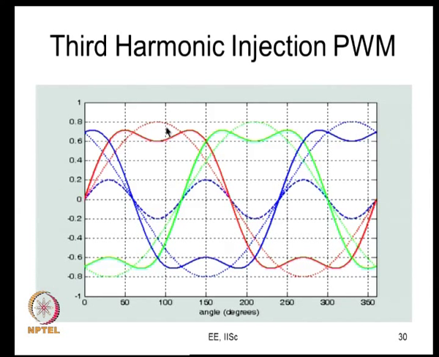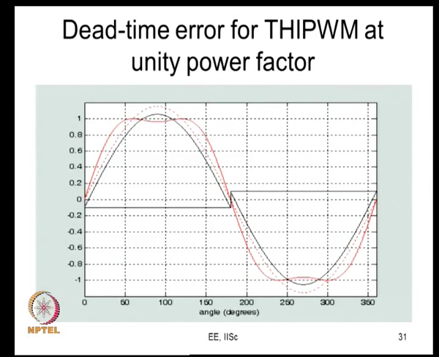Here you have these 3 phase sinusoids and you have this third harmonic, triplet frequency component added, and incidentally it could be 1 by 6th here, and so you get this modulating signal. This is your R phase, this is your Y phase, and this is your B phase modulating signal. Alright. So, here what do we do? Let us look at one of them. Let us look at the R phase modulating signal.